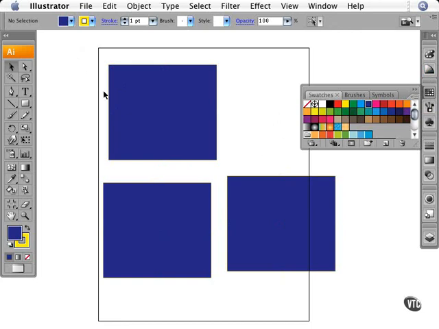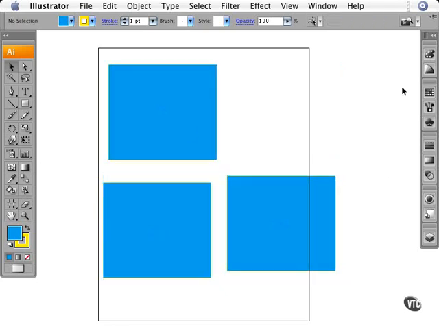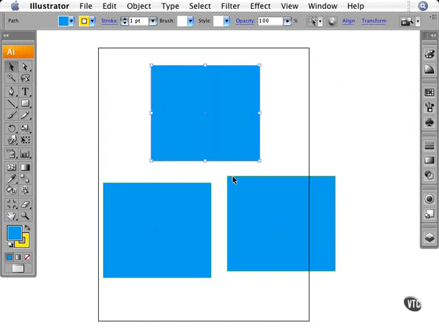drawing a marquee around them. So to do that, all I have to do is click and drag my mouse like so. And once I have them all selected, I can then click on a swatch and color them all simultaneously. Now, you'll notice that they're not actually grouped, but that was an example of why you might want to create